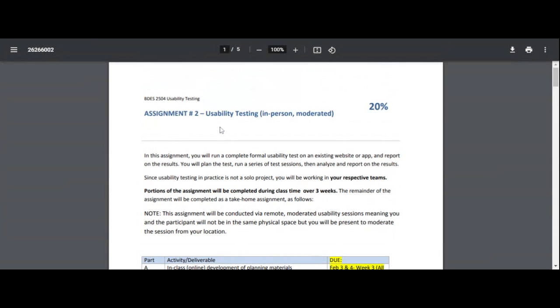You already have a website or a mobile app that you want to be testing, that you've done evaluation on. And then this assignment number 2 will be completed over the next 3 weeks. So this week we're preparing our tests. The screener is very, very important for you to prepare. If there's a questionnaire that you want to prepare as well, I'm trying to go down to the details of